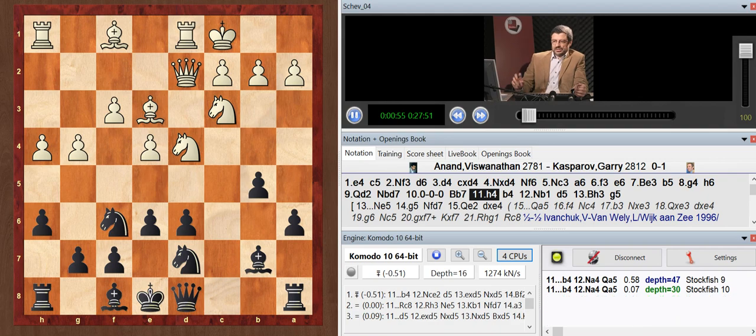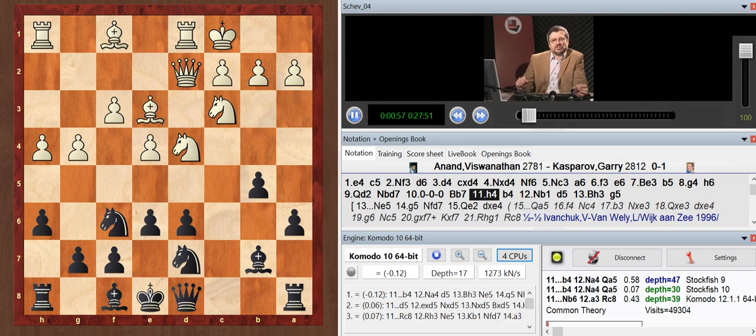In a way, this is a similar idea to what we already know from the Dragon variation, because the bishop on f1 is a piece that can be used not only on the diagonal f1 a6, but also on the diagonal f1 h3. And from h3, the bishop would attack a very sensitive and crucial square for the whole variation, and that's the pawn e6.